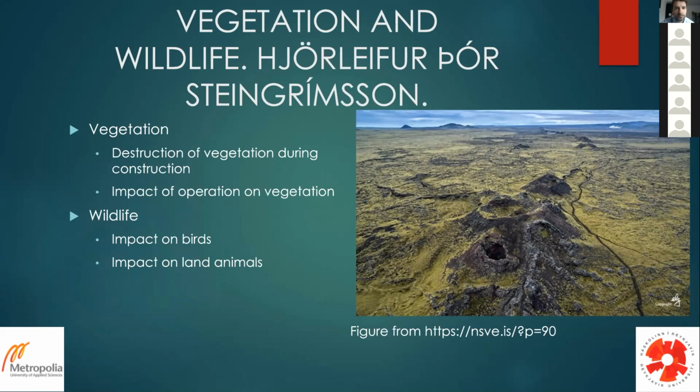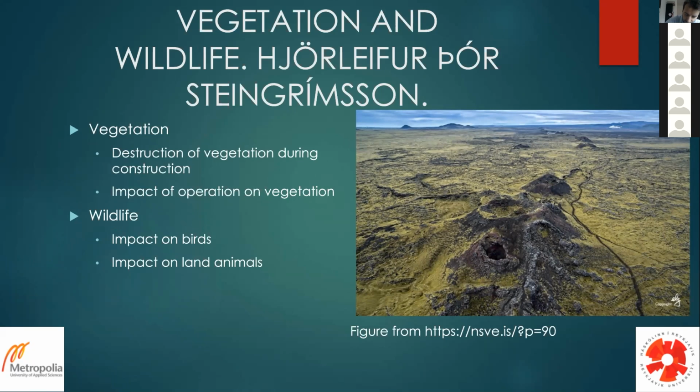Vegetation and wildlife. In the Reykjanes Peninsula, there is not a lot of vegetation, but there is moss over most of the lava fields, which is considered really valuable for this delicate ecosystem, and it takes a long time to regrow. So building power plants in these locations means you would have to replace a lot of this moss and these low volumes of vegetation,